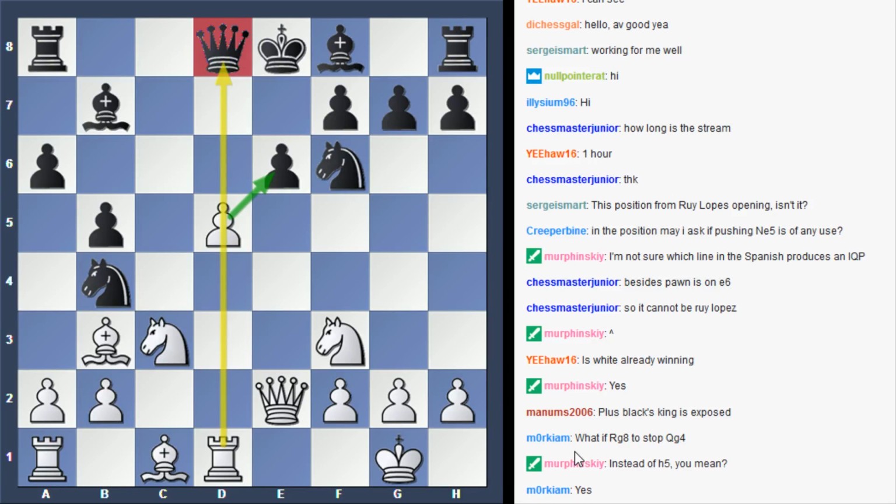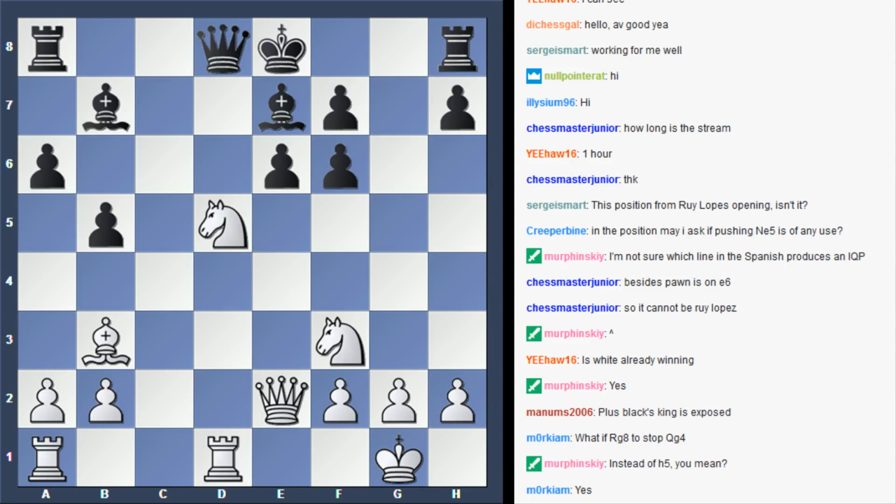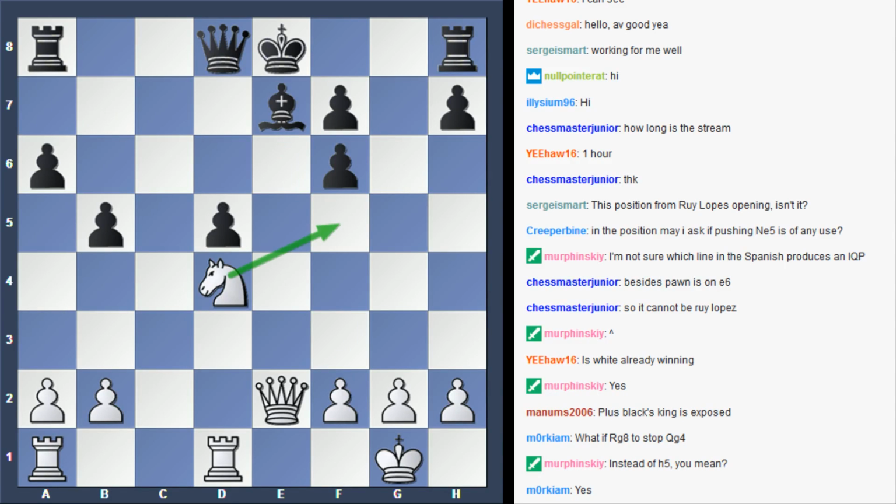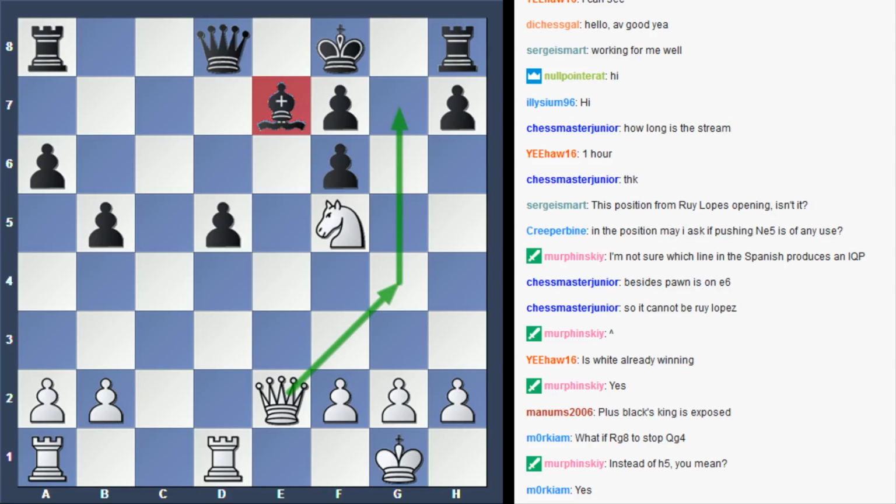There was a question by Merkiam that I missed earlier. What if rook g8 to stop queen g4? Let's look at that. In the position after taking on f6, exchanging on d5, knight d4. Well, I suppose you mean after knight f5. So let's say king f8, as I showed as the game went, knight f5. Well, this is pretty similar, I think. Black played h5 to stop queen g4. If he plays rook g8 to stop queen g4,